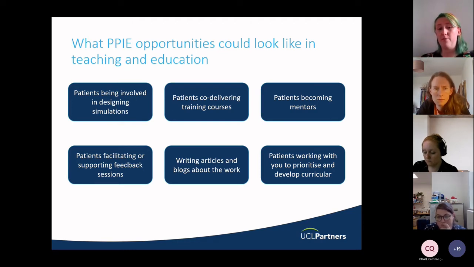So you could have them sort of training the actors that you might use, those sorts of things. You could have patients working with you to write blogs or articles about the work, sharing why simulation is so important and the role patients can play in simulation. Or, even higher up, or lofty ambitions, having patients working to prioritize curricula, be able to